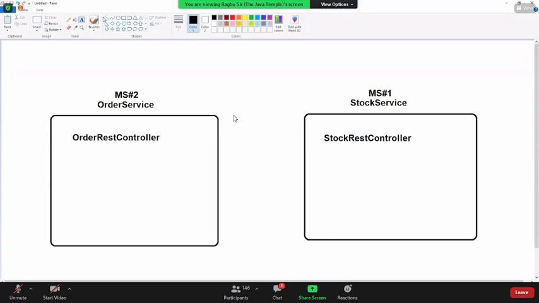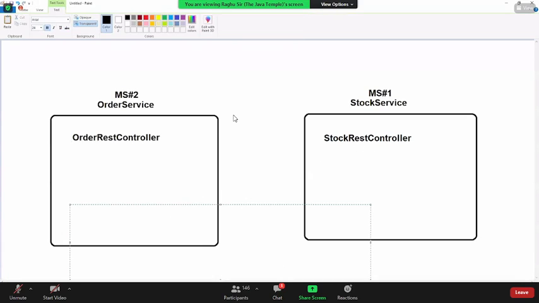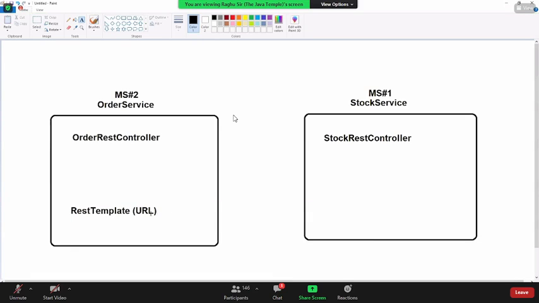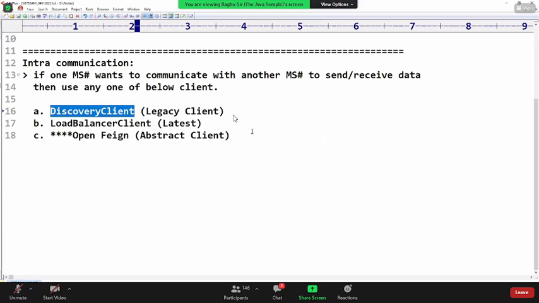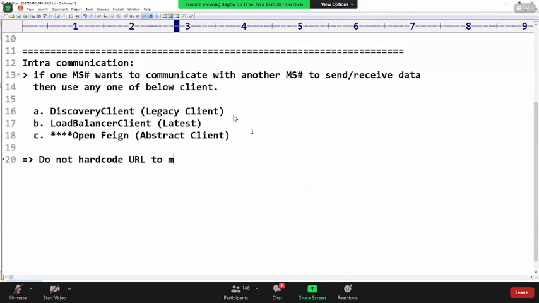Now what I want to do is go to this rest controller, so I actually need a rest template. With the rest template you can make the call, but it mainly needs a URL. Do not hard code the URL to make an HTTP call, because there could be a number of instances.